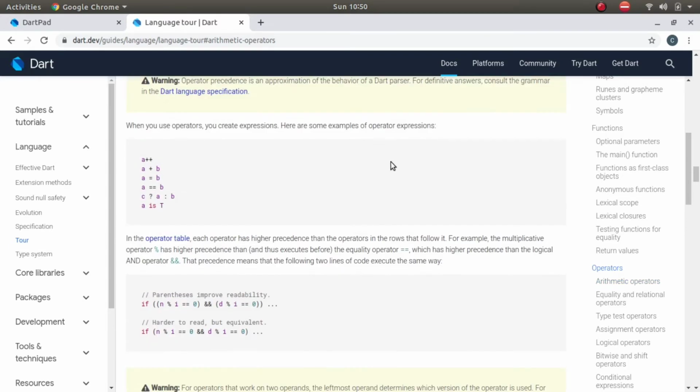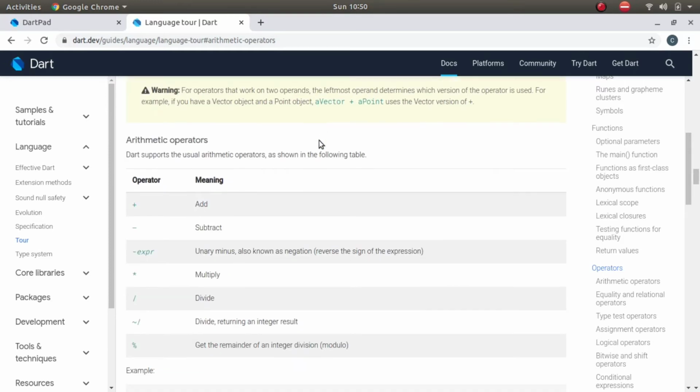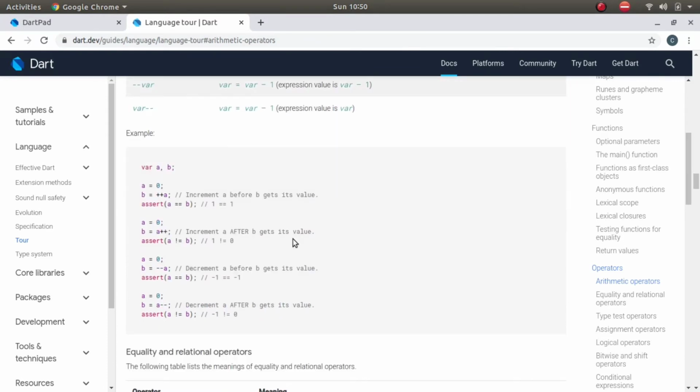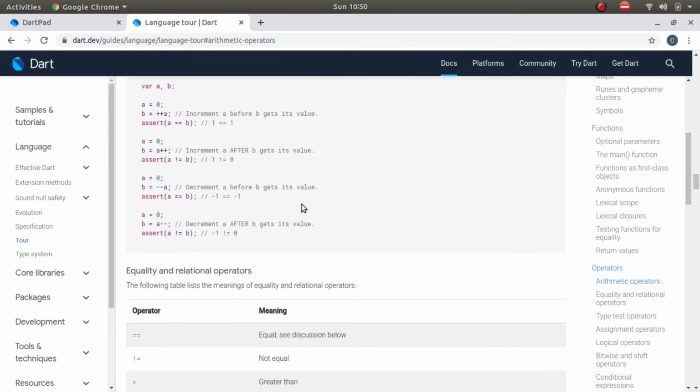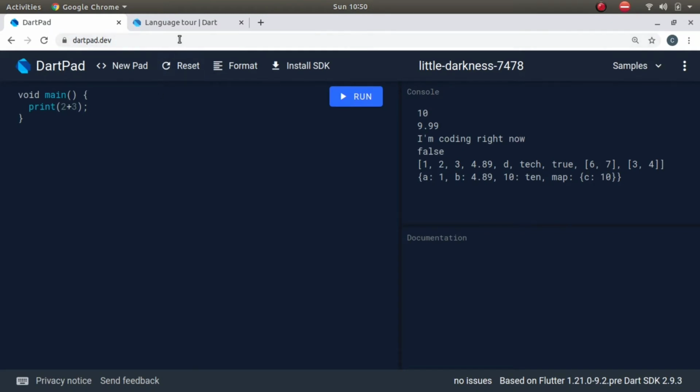You can read it to see what exactly the syntax is and how we should code. See, there are some tips written here, like parentheses improve readability. There are some basic things written here, so you can read it. Otherwise, if you don't like to read too much, you can watch my videos further.